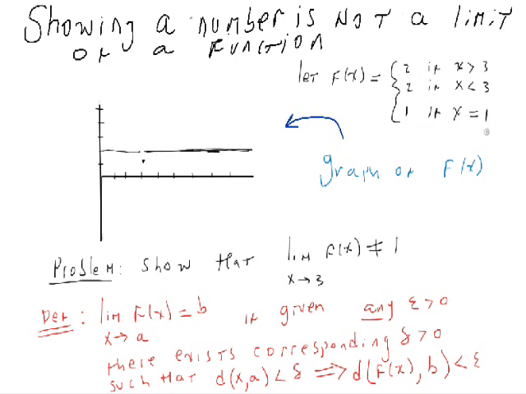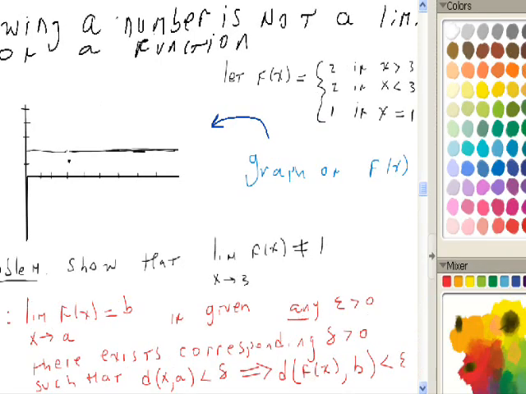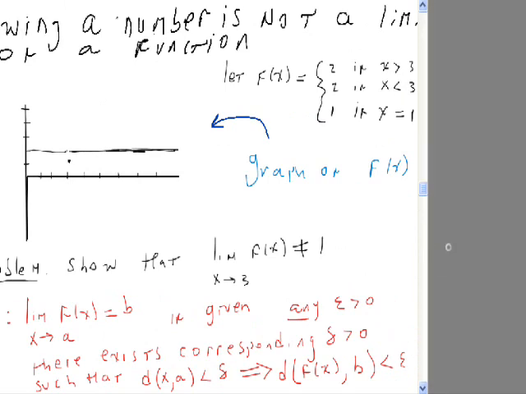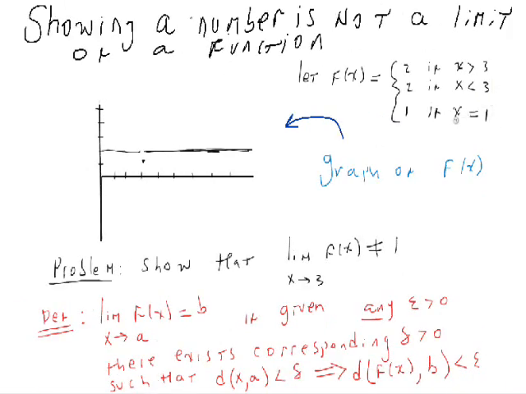Now, if x is actually equal to 3, actually I wrote 1 here, but I really meant 3. Let me change that. If x equals 3, then we're going to let f of x be equal to 1. So obviously the domain of the function f of x is the whole real line, and this is a graph